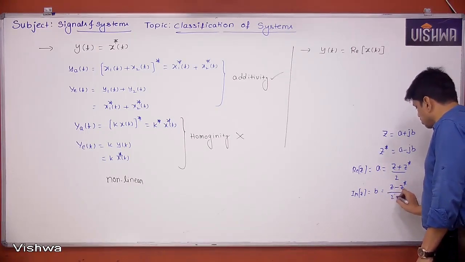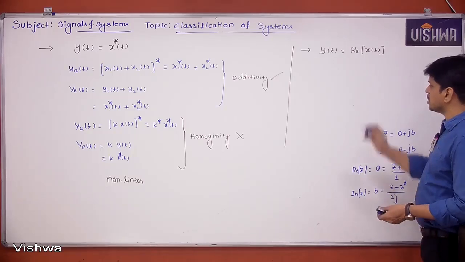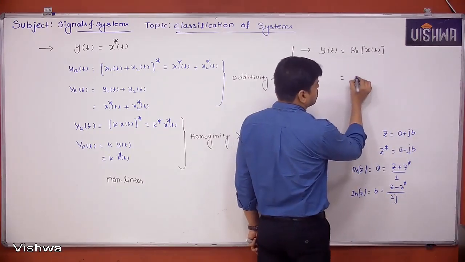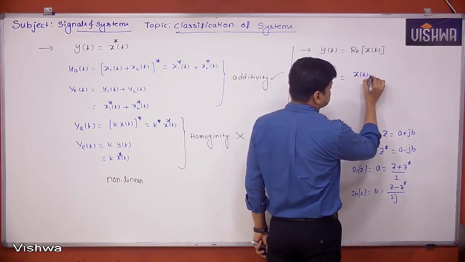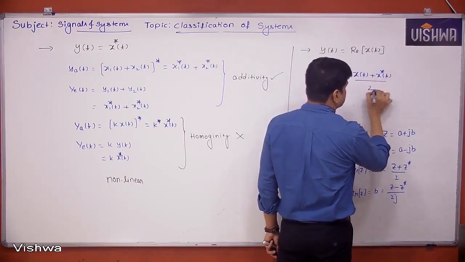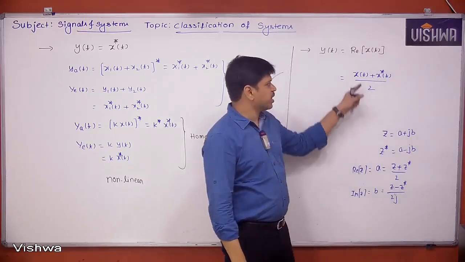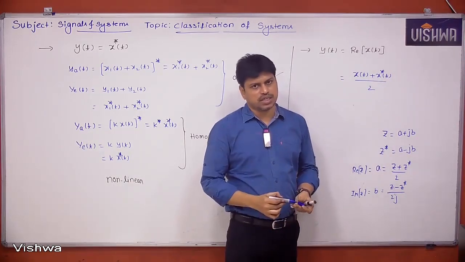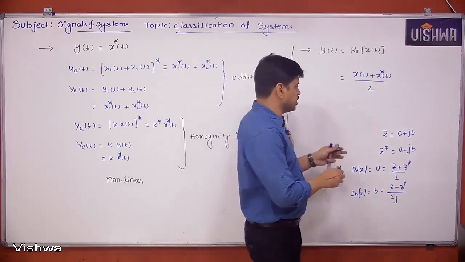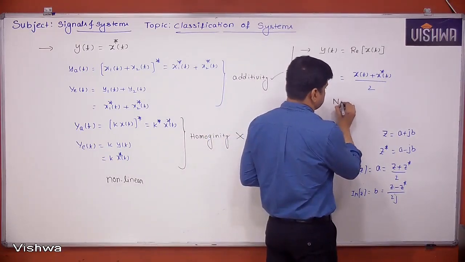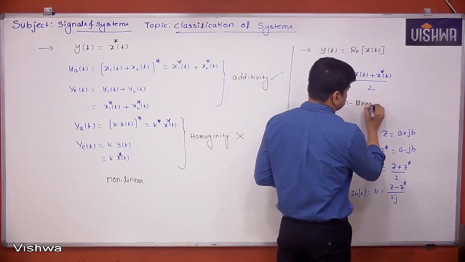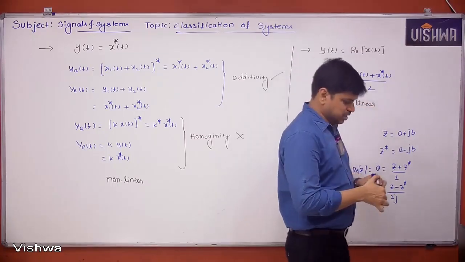by 2j. Based on this, if I expand the signal, real part of x of t is equal to x of t plus x of t conjugate by 2. By observing this, we have a conjugate. Whenever you see a conjugate, the signal becomes non-linear. So the system is a non-linear system. Whenever you see a conjugate, you have to say the system is non-linear. Okay, take it.